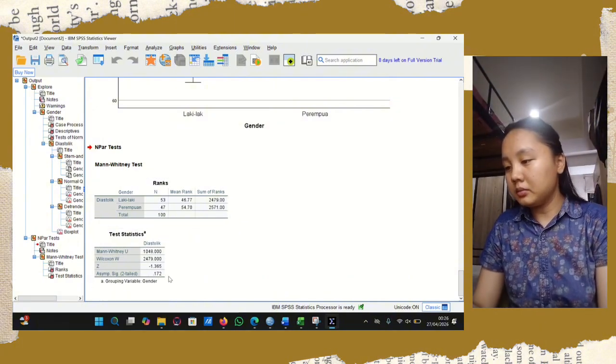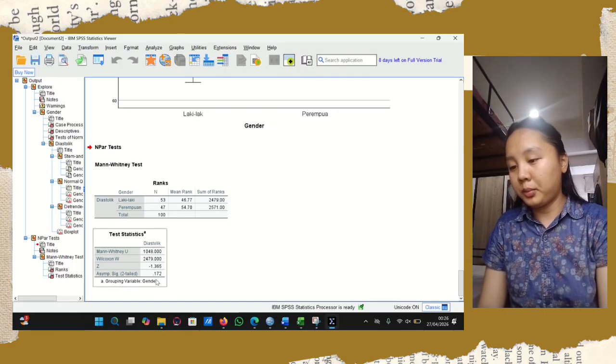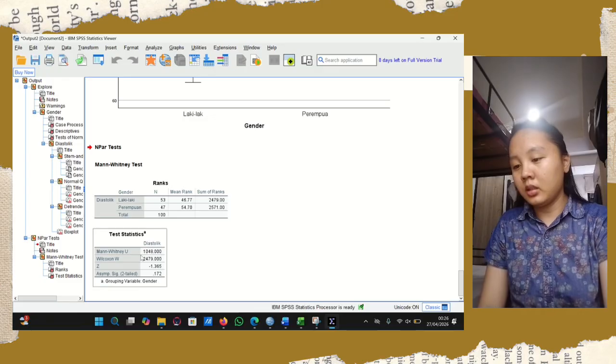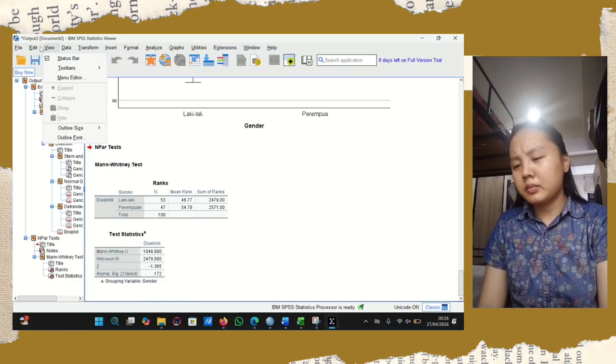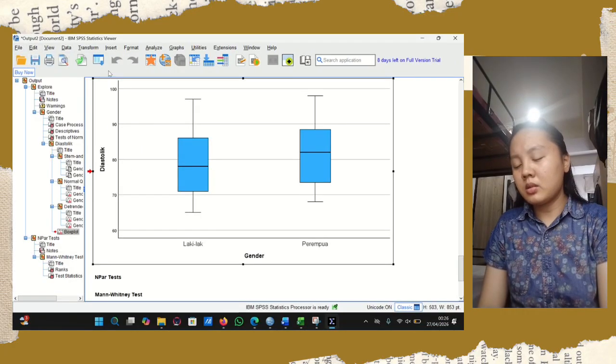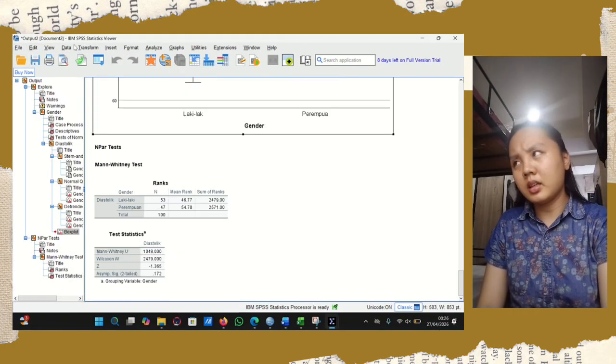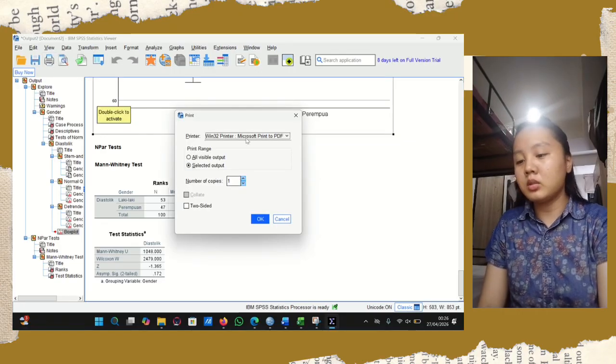Alright, we can interpret that with the Mann-Whitney U test, there was no statistically significant difference between the two groups.